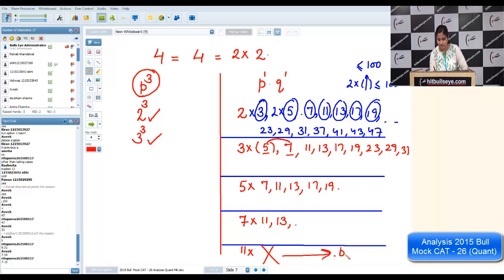Because that will be beyond range. So these many cases are possible. You can count these many cases, you will get 32 as the answer. Is it okay now? Rashmita,